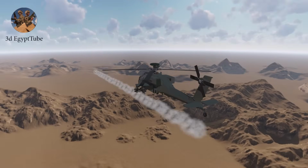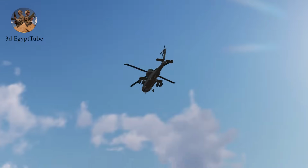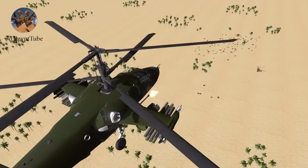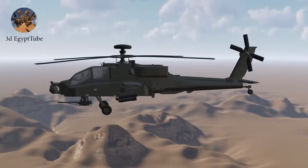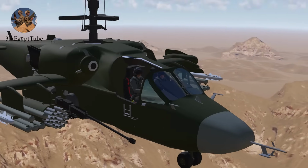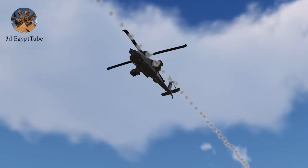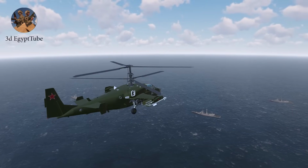Instead, it relies on armored crew compartments, crash-resistant seats, and robust shielding to keep pilots alive. Both helicopters are survivable, but in terms of crew escape, the KA-52 wins by a clear margin. Two giants of the battlefield. Two philosophies of war. The Apache, battle-proven, reliable, and designed for precision tank hunting in a highly networked battlefield. The KA-52, versatile, heavily armed, and equipped for high-altitude operations, naval strikes, and close support, with the agility and tech